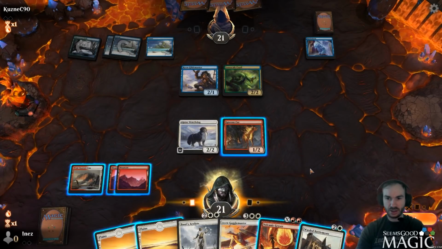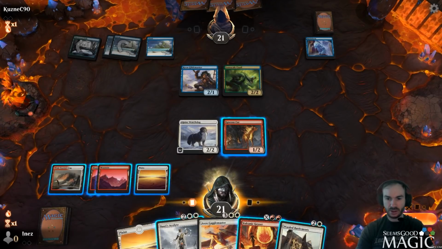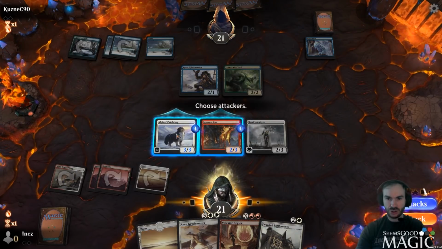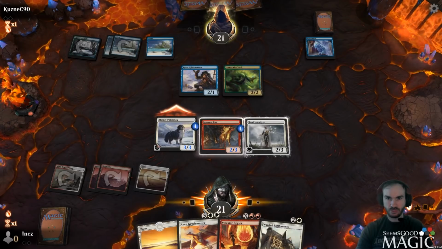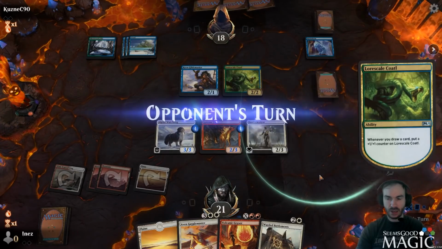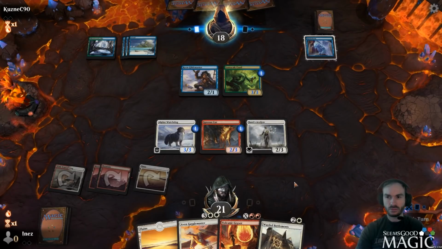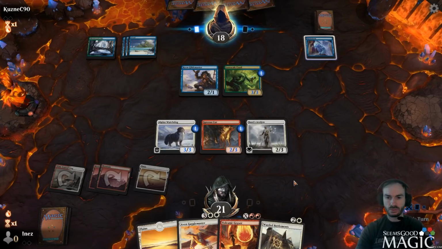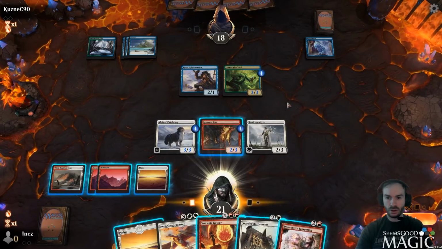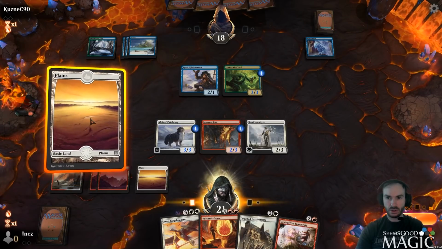I want to Geyser that, but they could have an Opt. So I think I'm actually just going to do this, and I'm actually going to get in with the Watchdog. That way, if they have Opt, yeah. I think if they had Opt, they would have played it there, though. All right, no plays now, which kind of tells me that I want to...